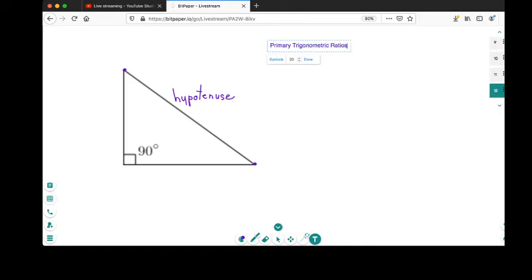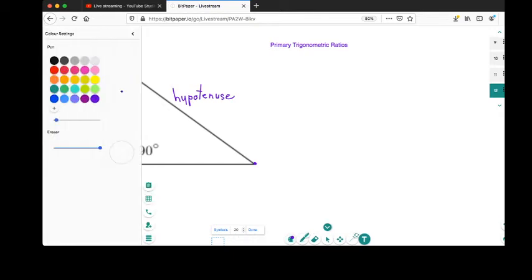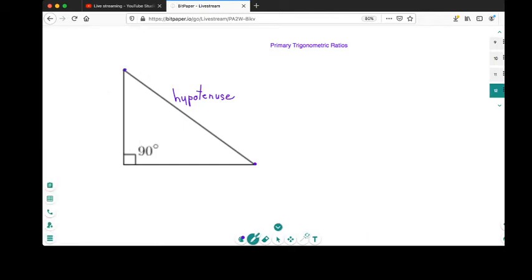Trigonometric ratios, which are a really, really important concept in math. And for those of you going on to the higher levels of math, you really have to have a very, very strong understanding of these ratios. So when we talk about the primary trigonometric ratios, before we get into anything, I want you to understand